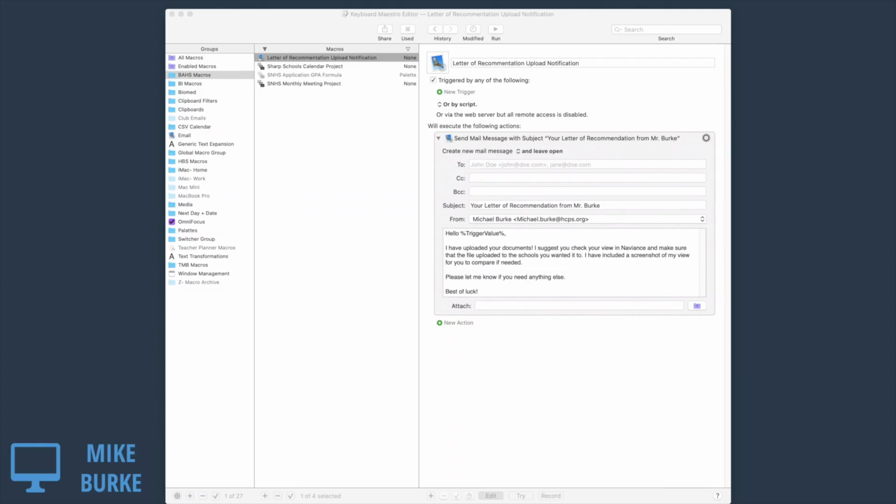By using the automation on this folder to rename everything appropriately, I have a consistent naming structure and everything is easily findable and searchable in the future. Once I have uploaded and completed all of the elements required of me, I send an email to the student letting them know that I've completed my task. Since the upload process happens from my Mac, I generate the email via Keyboard Maestro.